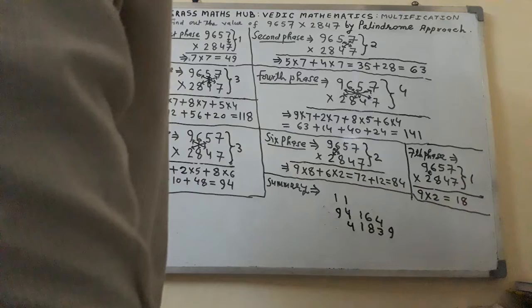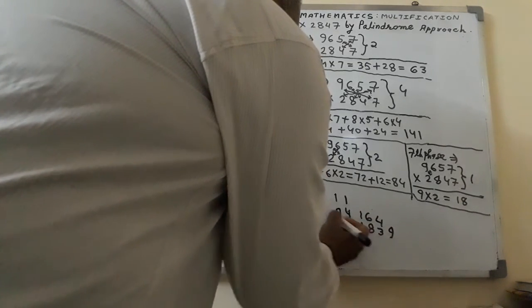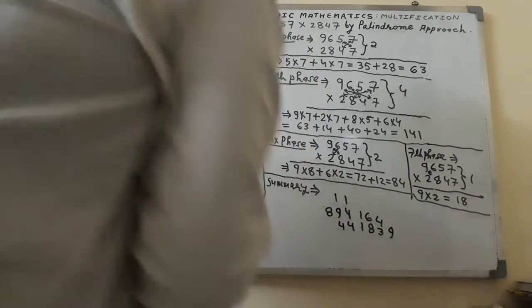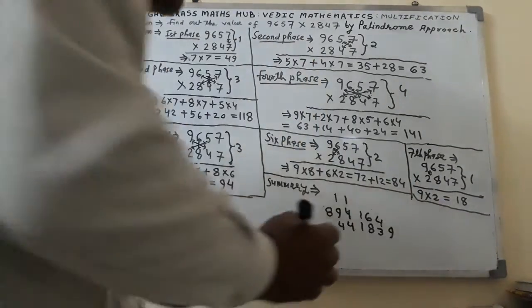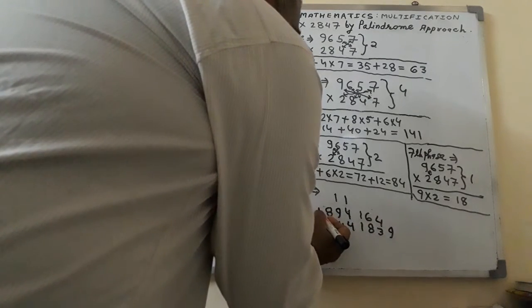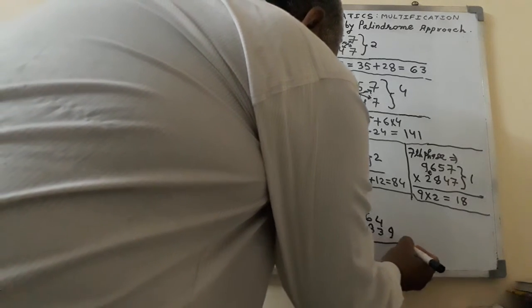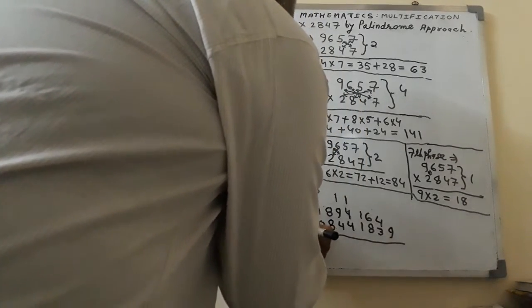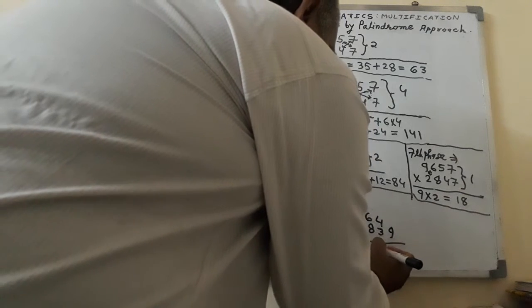From 84, this 4 will be reflected at this place, and this 8 will be reflected at this place. And for 18, you will get 8 at this place and 1 at this place, this will be 0. Now you will add this one on 18. So you will get here plus 9, 7,